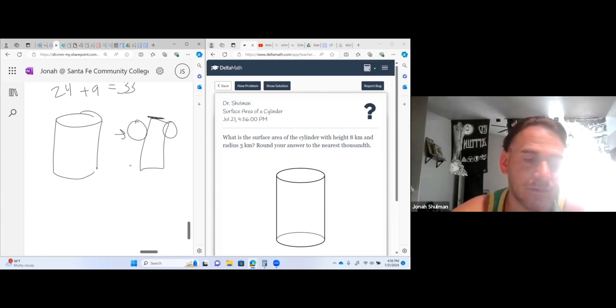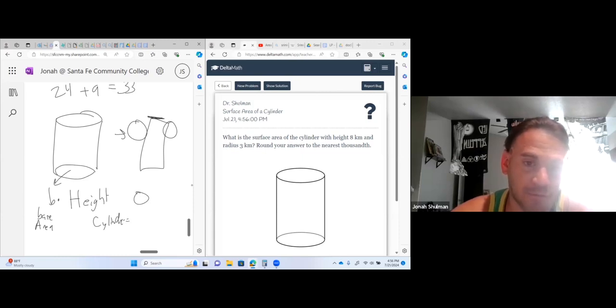It's still, so it's just like before, it's base times height, but this base is a whole circle. So it's a base area times height. We know that the base of this thing is a circle. So to get the cylinder, all you need is, ready, this circle area, which we know is pi r squared,